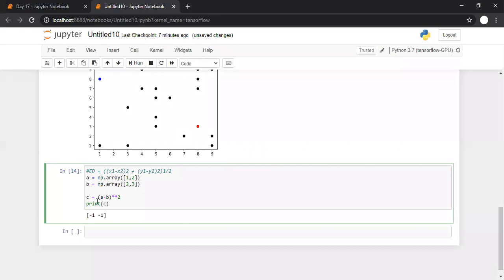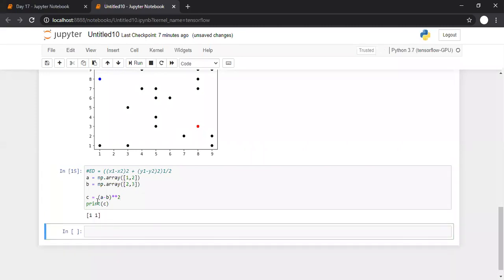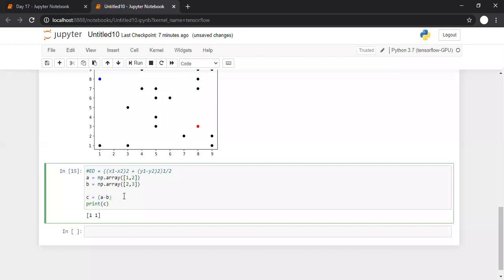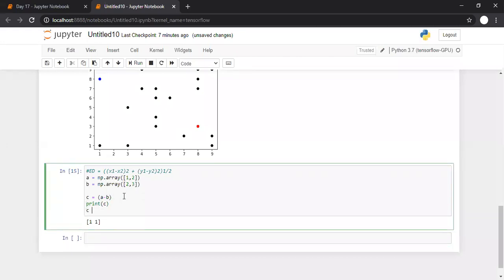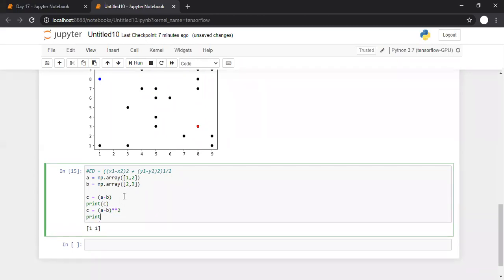It will be the square of individual values. So minus 1 square and minus 1 square, am I right? For your reference, I'm doing something like this: C is equal to a minus b raised to 2, and print C again.